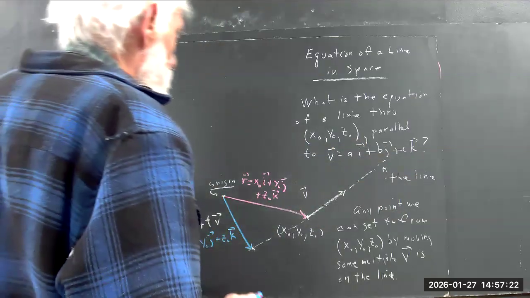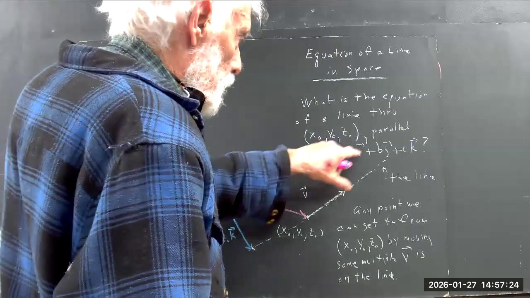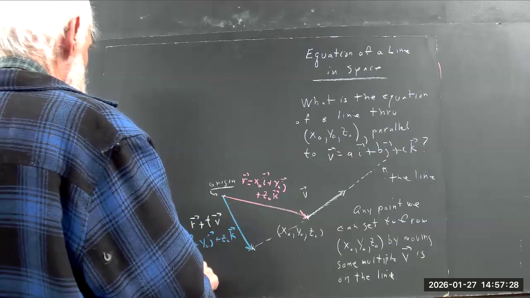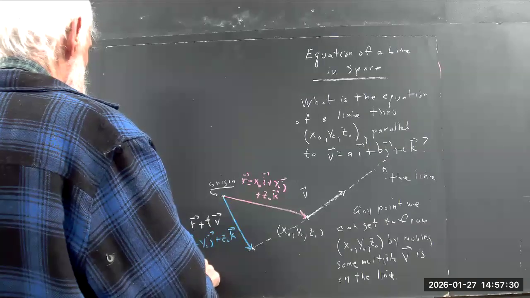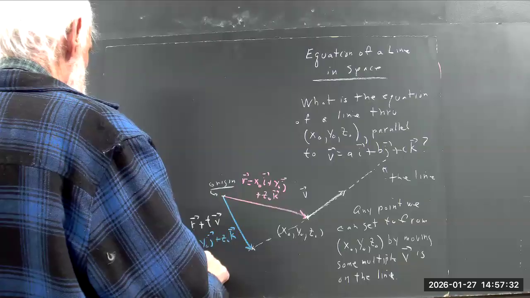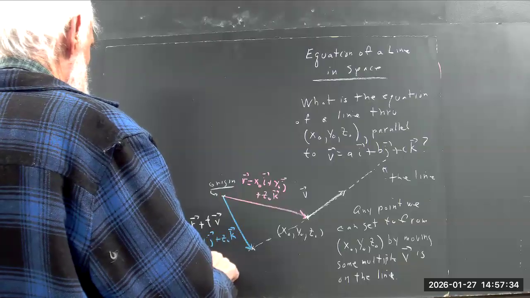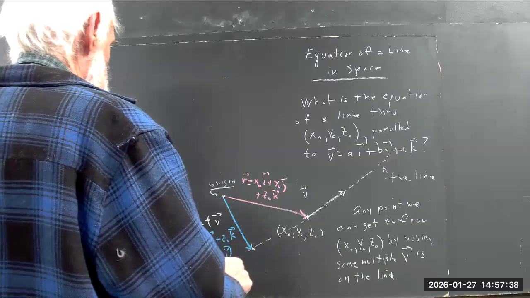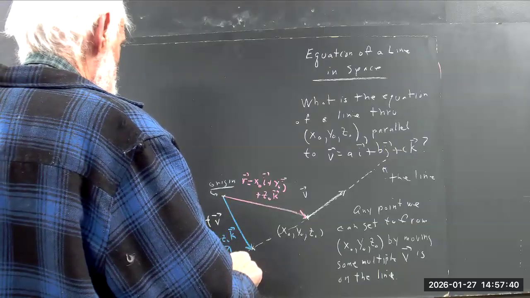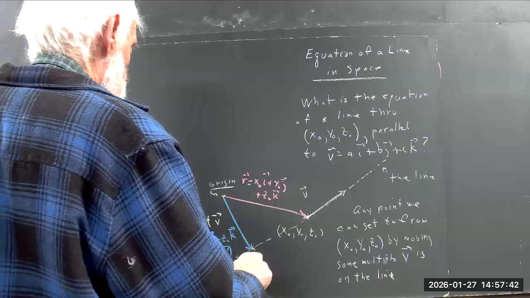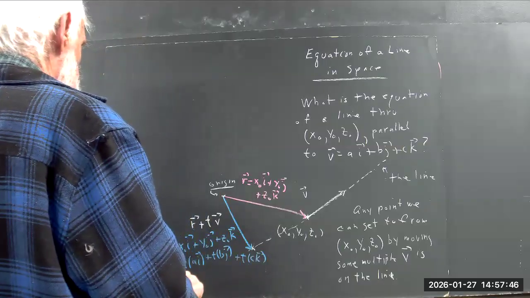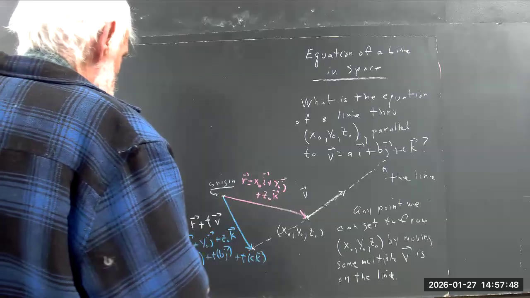And of course, by the distributive law, that's just going to multiply a and b and c by t, and we get t times ai plus t times bj plus t times ck, which equals then